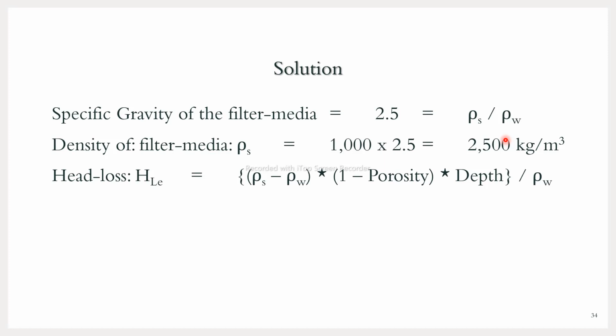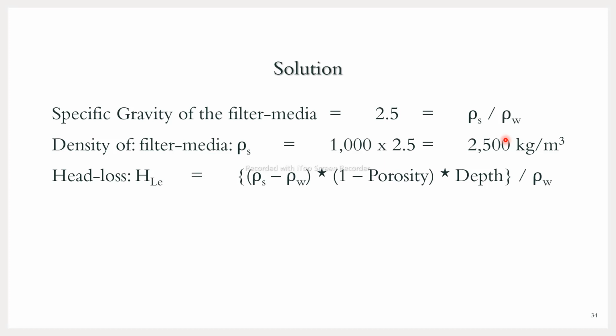So if we are taking the fraction that is not the porosity, 1 minus porosity, that means the fraction of the entire bed volume that is occupied by the particles only. That is the fraction of the volume, 1 minus porosity, occupied by the particles, not by vacant places. So only the particles will contribute to the head loss, right? Not the vacant spaces, because water will flow freely through the vacant spaces, the porosity. Whichever portion is not porosity, that means it is the volume occupied by the particle itself, and that portion will be contributing towards the head loss.